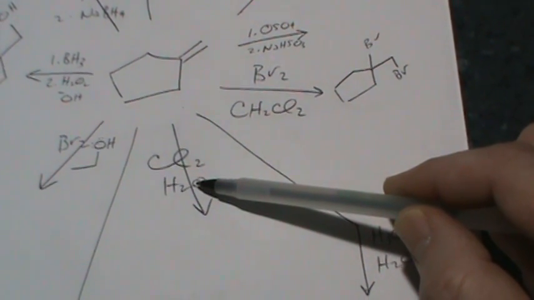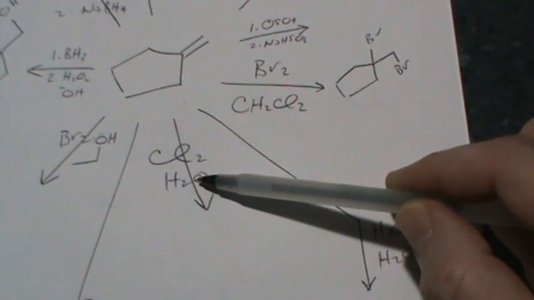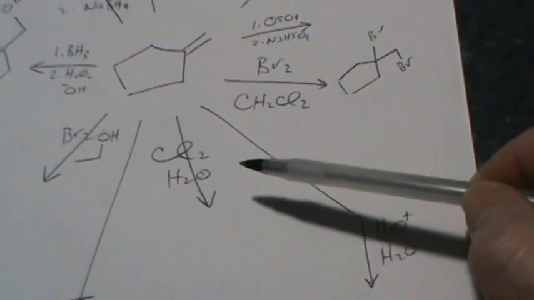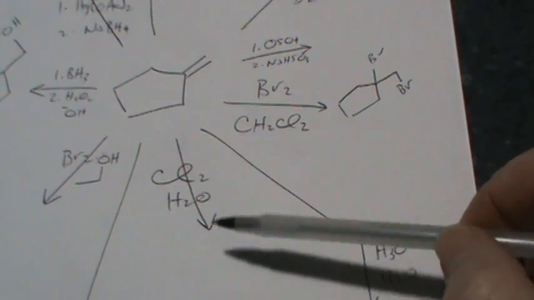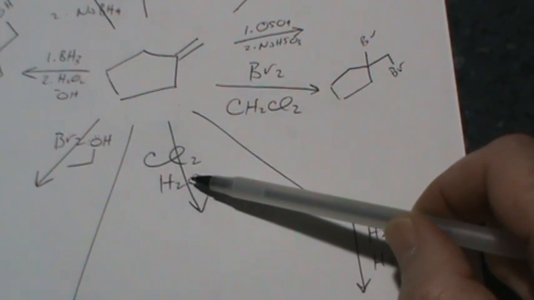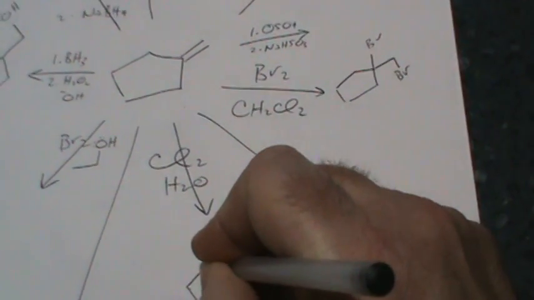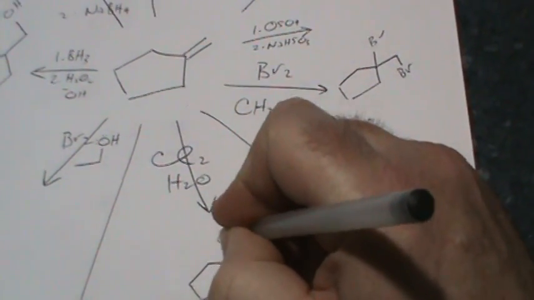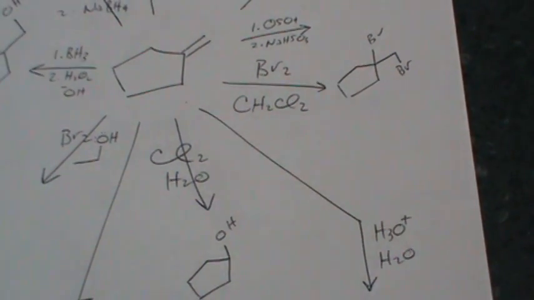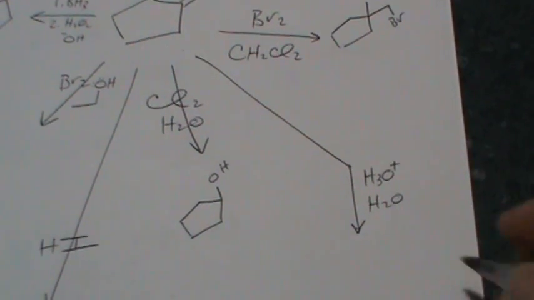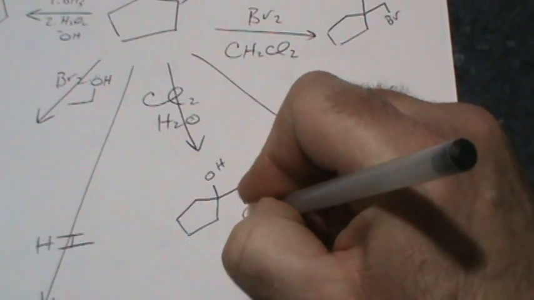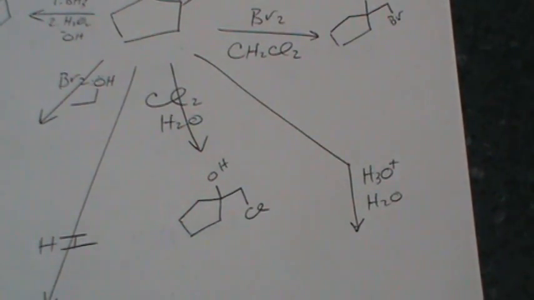The polar solvent is a weak nucleophile, and it will capture that chloronium ion. And we know that the water will go to the more highly substituted carbon. So ultimately, our OH will wind up at the more highly substituted carbon, and our Cl will be at the less